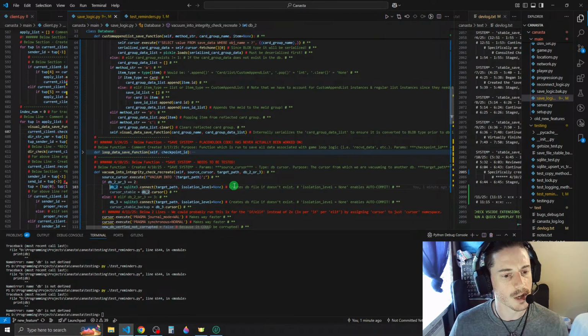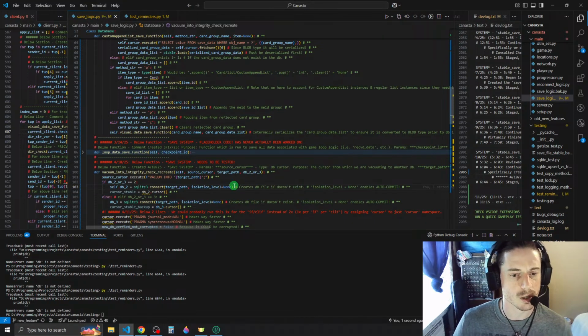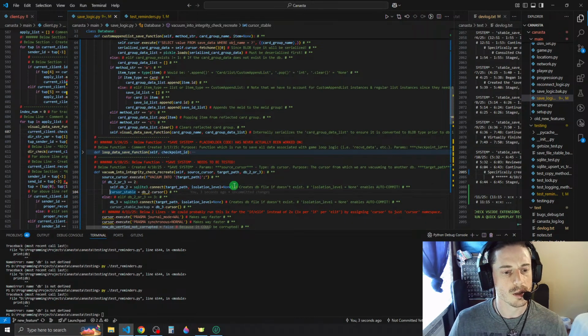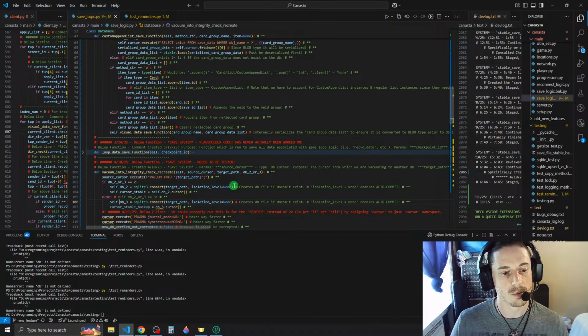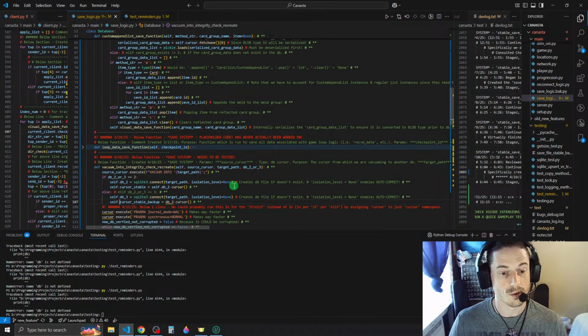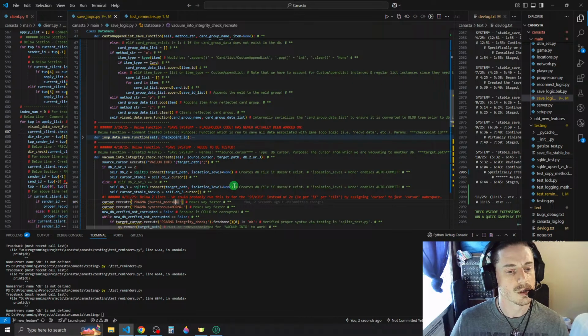This would be self.db2, right? Yeah, self.db2 equals SQLite3 connect target path, and then this would be self.cursor stable is equal to self.db2 cursor. Same thing here, self.db3, self.cursor stable backup would be equal to self.db3 cursor, and then here